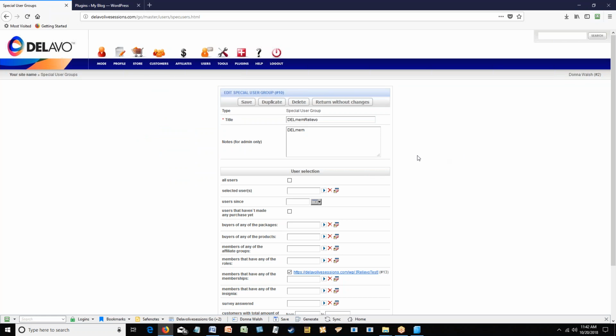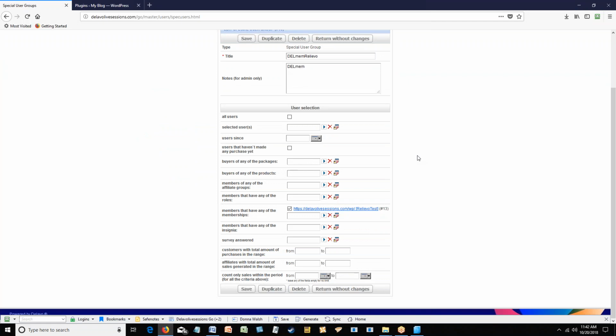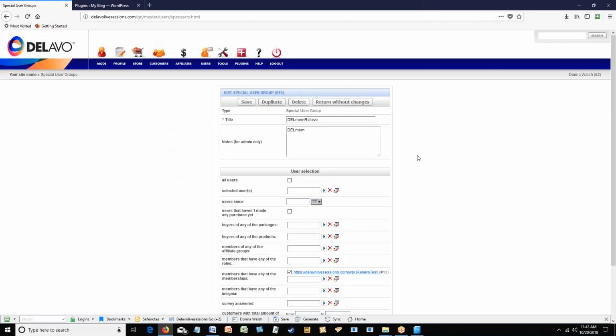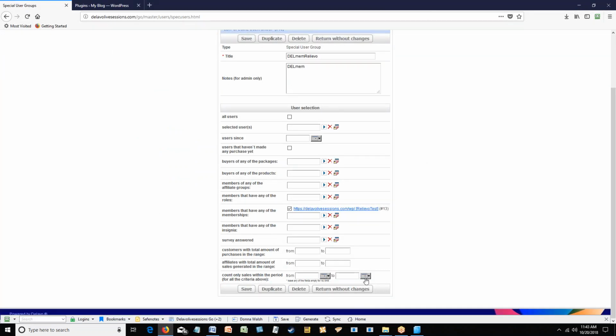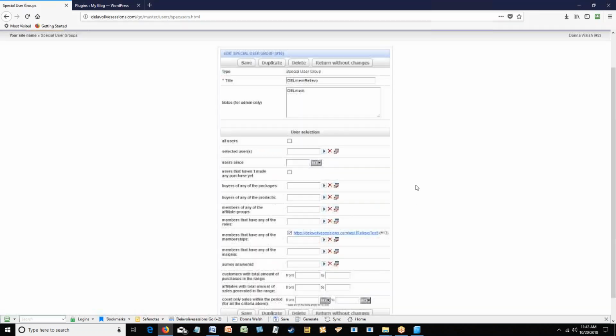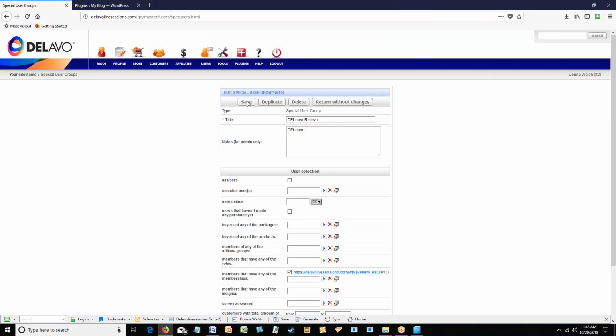But I still come back because it's almost clear. So this special user group, now you have assigned this membership. If they purchase the membership, they're automatically going to be enrolled in the special user group. Also, you could say in this special user group that if they buy this product, then they will be in the special user group. Because that's the same. Right, but I would say that when I'm selling the external membership,